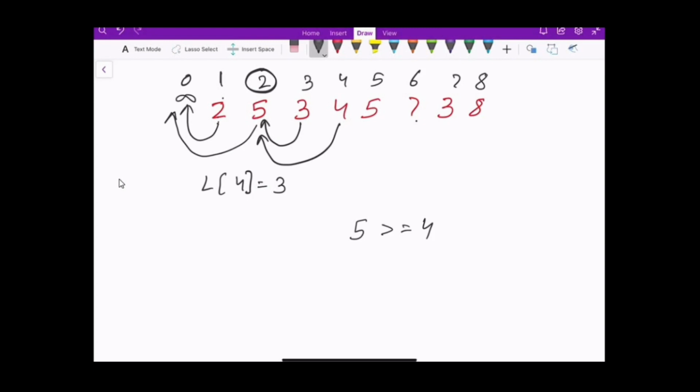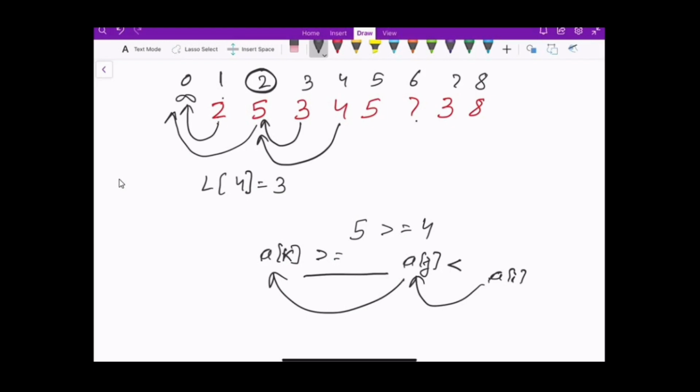Now what we are doing is actually, we know that the pointer takes us to a bigger element. So if we keep following the pointers, we'll move to a bigger element, and that's what we want to do. Because let's say there is a pointer from here to here and from here to here. Then if the element was AI here, and we move to AJ here, if we again have to follow the pointers, that means AJ was actually lesser than AI. So now this AK contains the element which is greater than or equal to AJ, and all the elements in between will definitely be lesser than AJ. So if it is lesser than AJ, then this will definitely be lesser than AI. So that means that is the optimal element to check.